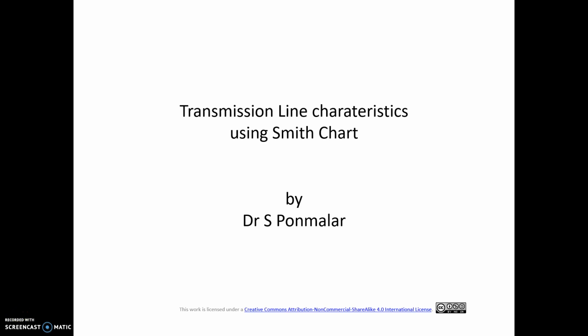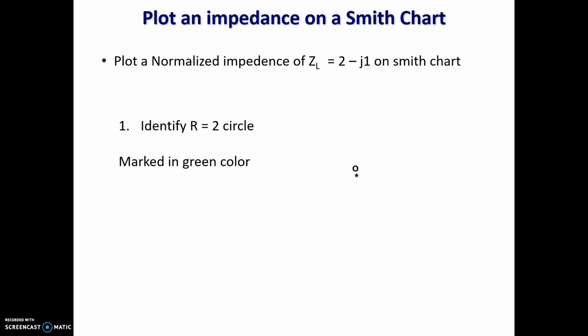Good morning. In this lecture, we are going to study determining the transmission line characteristics using the Smith chart. So, as a first step, let us try to plot an impedance on a Smith chart. Given a problem of finding the normalized impedance ZL equal to 2 minus j1 on the Smith chart,